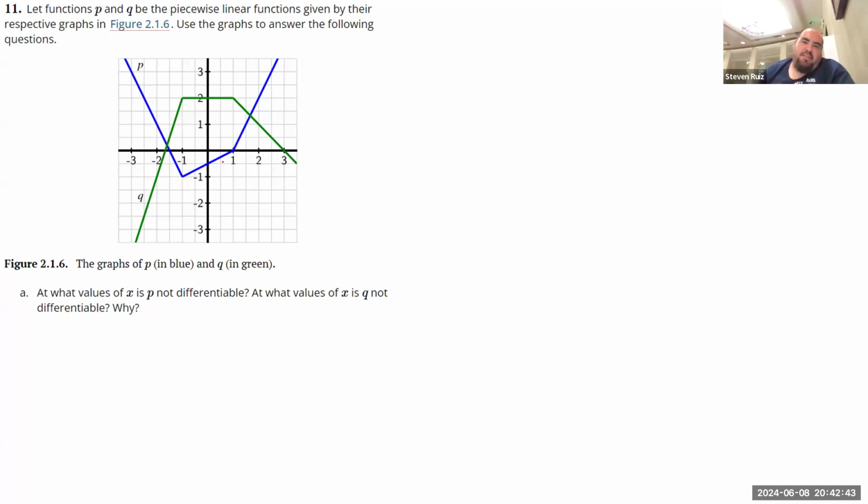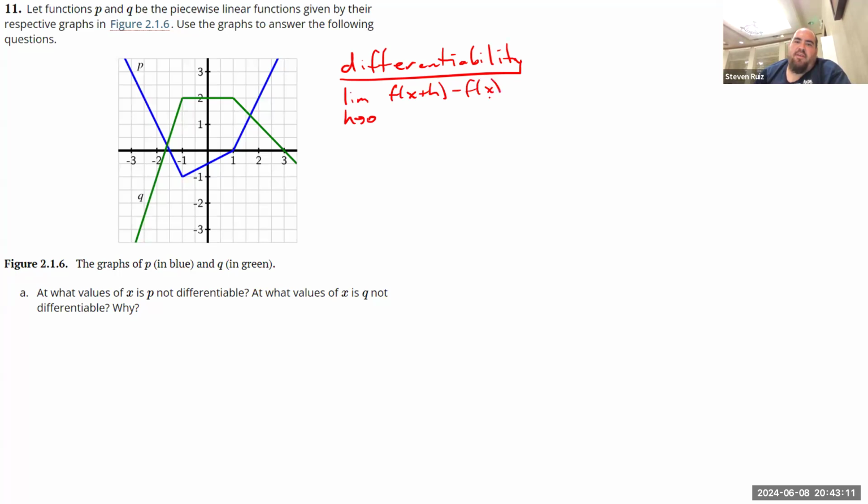So let's think about what differentiable means. In very basic terms, if your function is differentiable at a point, then a derivative exists. So what is the derivative? The derivative is this limit: the limit as h approaches 0 of f of x plus h minus f of x, all over h. So where does this limit exist? This limit is going to exist